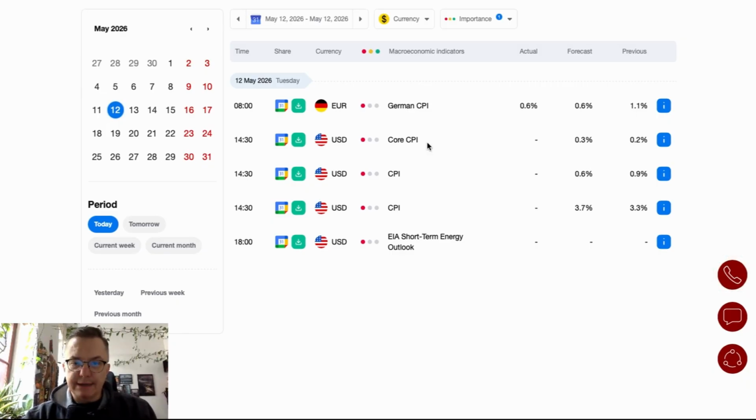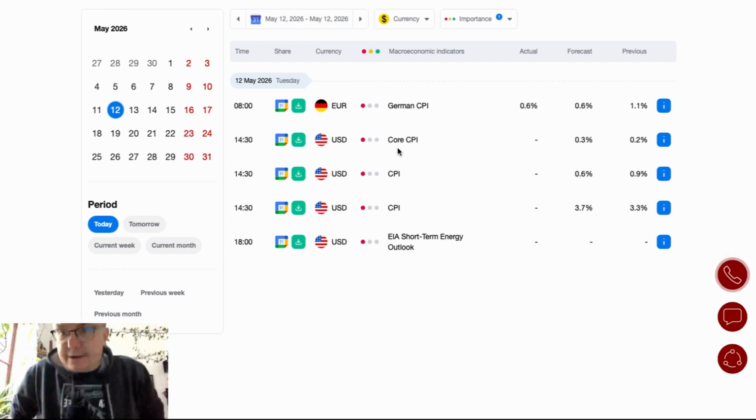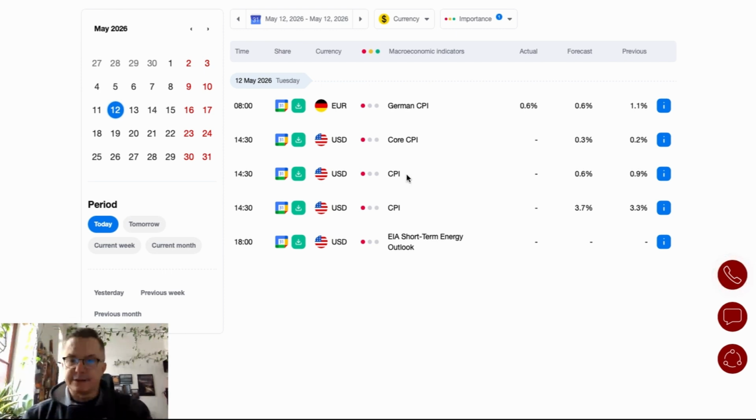Core CPI data and CPI data are all scheduled for release at 2:30. Those data are from the USA, and the market participants expect an increase and a decrease. It depends on what you look at. If you look at the core CPI, there is an increase. If you look at the overall CPI, there is a decrease. Generally, the CPI should rise from 3.3% to 3.7%. Anyway, that's the forecast. At 6 o'clock, we get the short-term energy outlook data release from the USA, and the